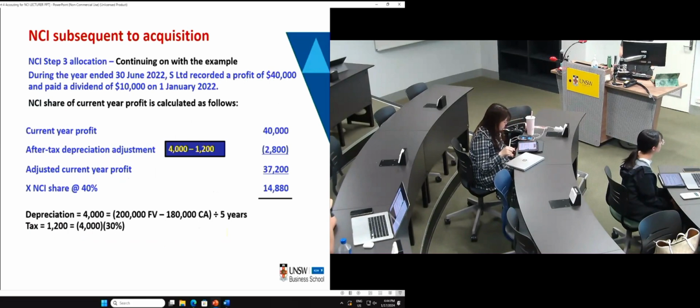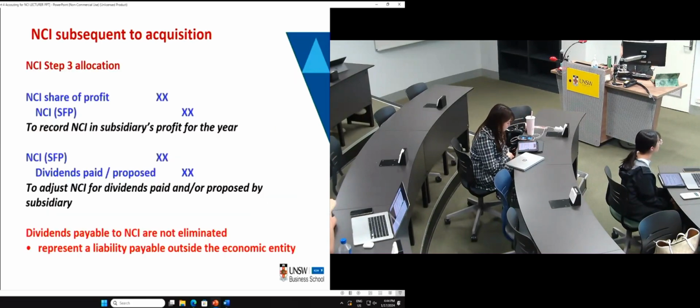All right, now, so then we're moving on. Oh, be careful with this line. Now, dividend payable related to NCI or dividend income recognized by the NCI are not eliminated here because NCI is not part of the economic entity. The economic entity only comprises of the parent and all its controlled subsidiary, okay? So yes, NCI is an equity contributor to the group, but NCI is not part of the group. So therefore, any dividend payable related to NCI does not need to be eliminated. Only the dividend that is declared and paid by subsidiary to the parent company is required to be eliminated.